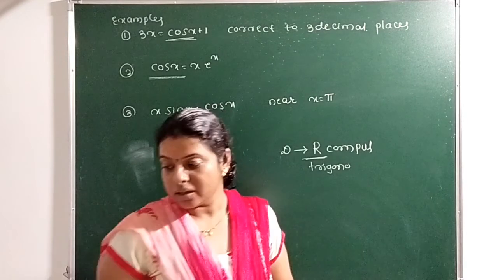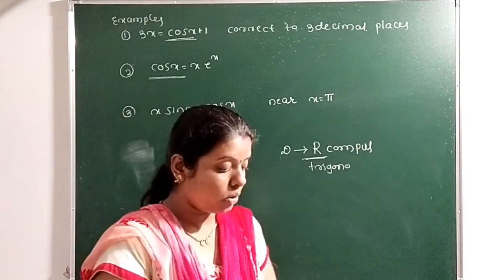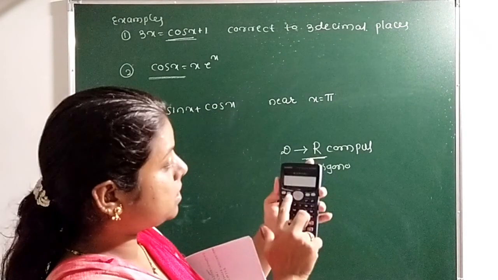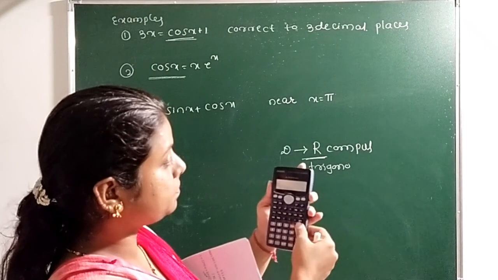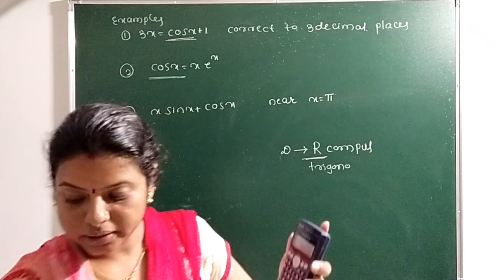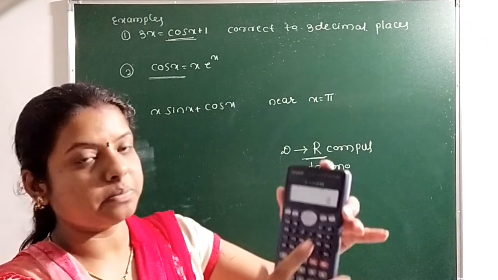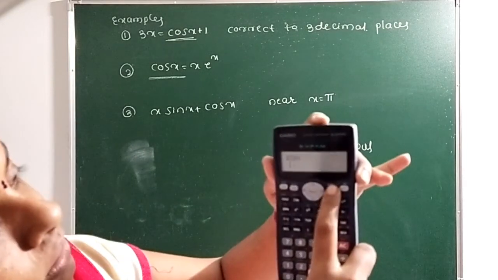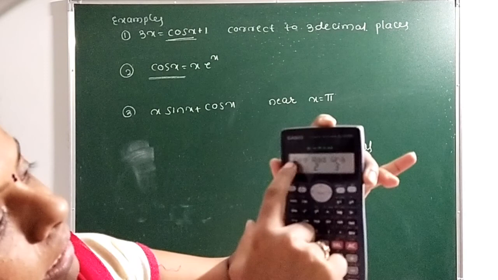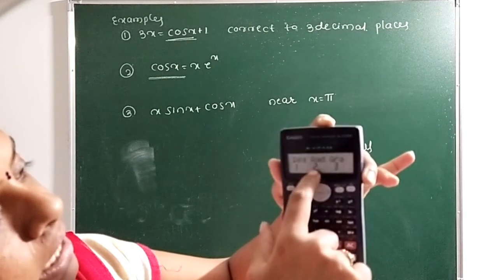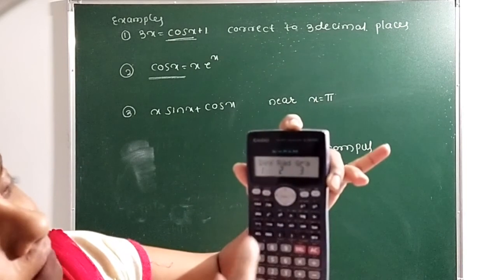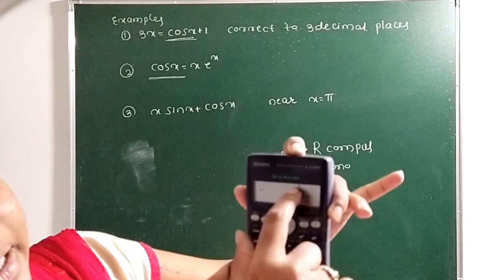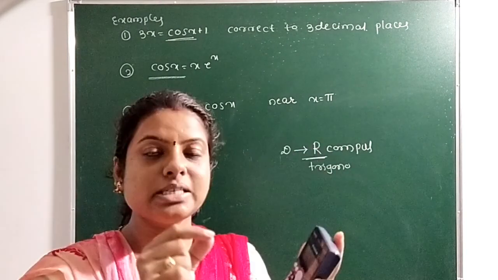of your calculator. How to get the radian mode? See, here the mode option is there. In that mode option, you have to click 3 times. 1, 2, 3, 4. After clicking 4 times, you will get degree as 1, radian as 2 and grade as 3. After that you have to press 2. Then here one small box R will appear. That indicates radian mode.